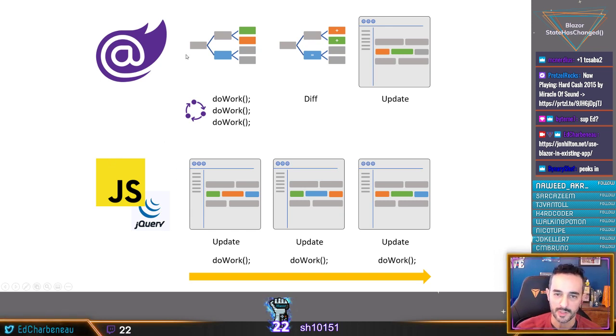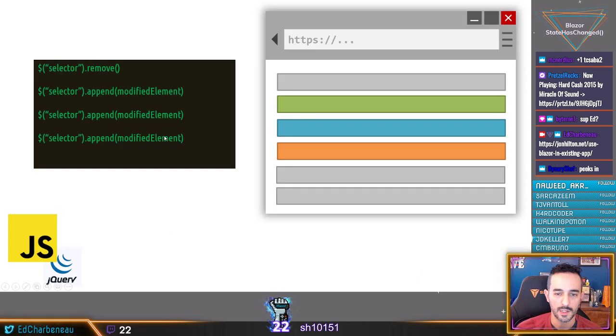So what Blazor does, it creates a copy as a simple object graph, and does all the work inside that object graph, and then it does a diff, and it figures out what actually did change before the final process is complete, and then it updates only the elements that have received some sort of update. If we kind of visualize this,